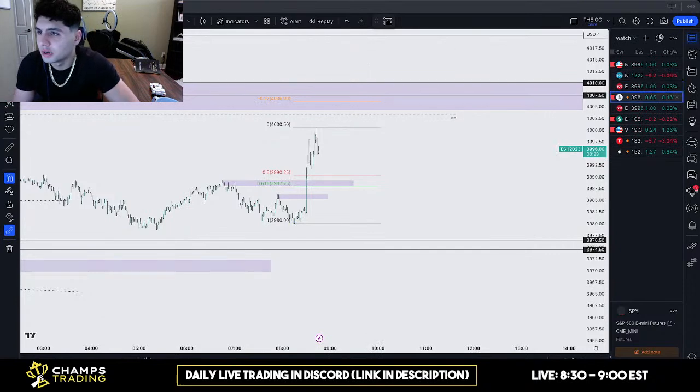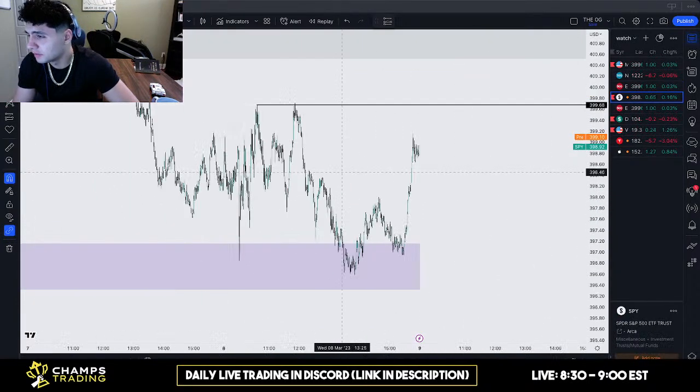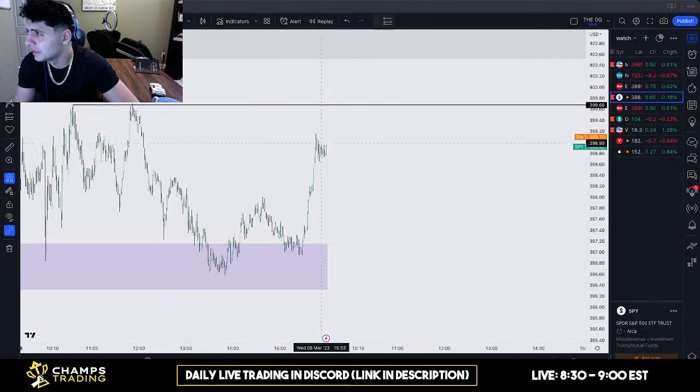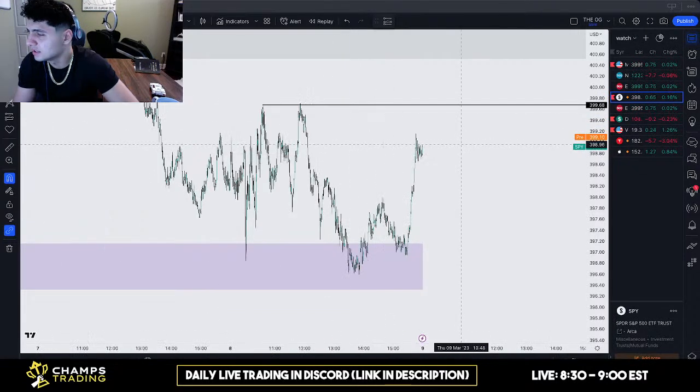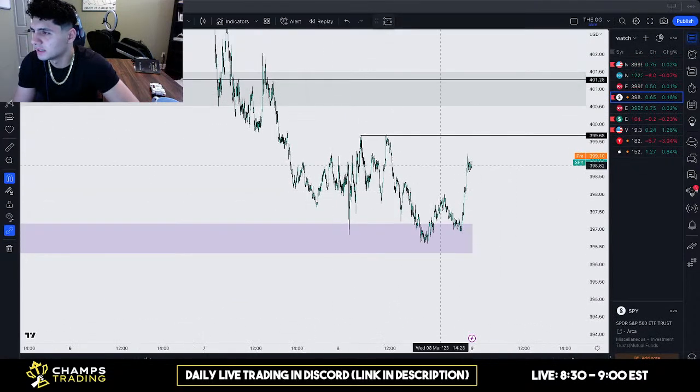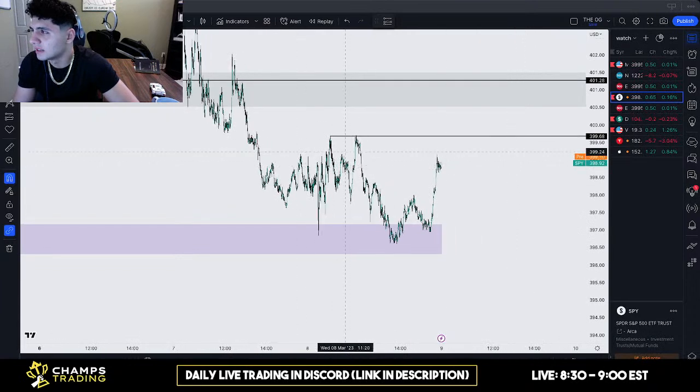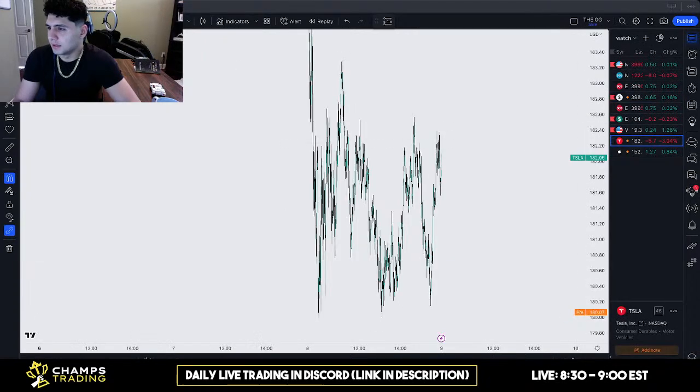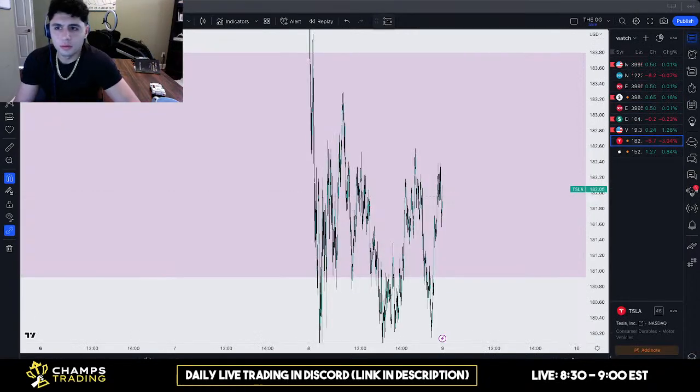Going over SPY by itself, we don't really have any morning opening gap. It's just chilling here. So again, it's all going sideways still. And again, I'm expecting price to push into the 400 region once again. Looking at Tesla, right? If we're looking at it here,